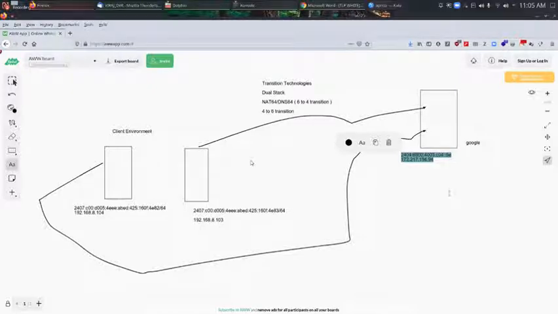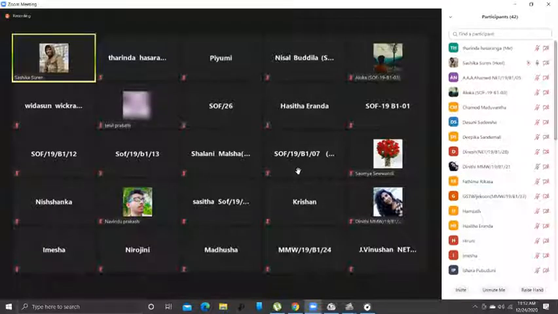Now, keep in mind, this is the default behavior. Whenever this particular client is trying to access www.google.lk, just give me a second, guys. Sorry, guys. So